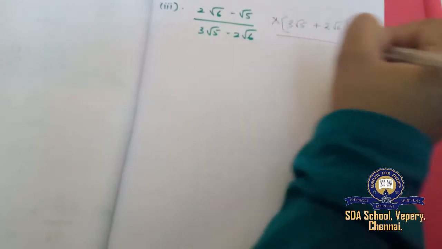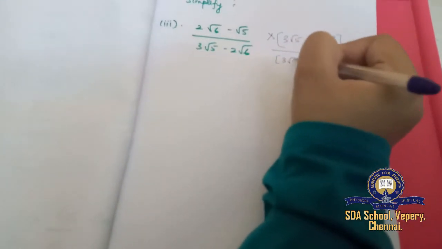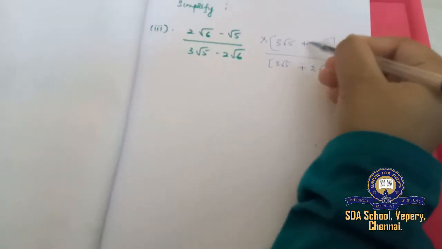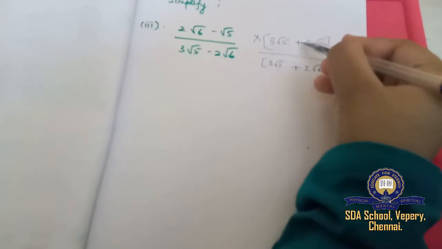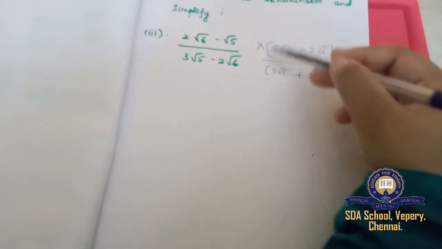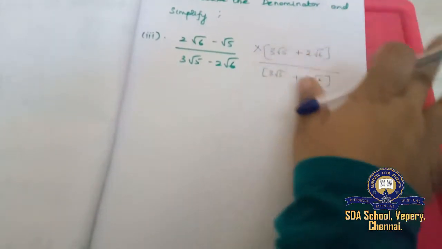I hope you can understand, students. I have to also divide it with the same 2√6. Do not think here plus will come, minus will come. No, if there is plus over here, plus only will come. That's why I'm saying multiply and divide with the same number. Okay, that's the same factor.